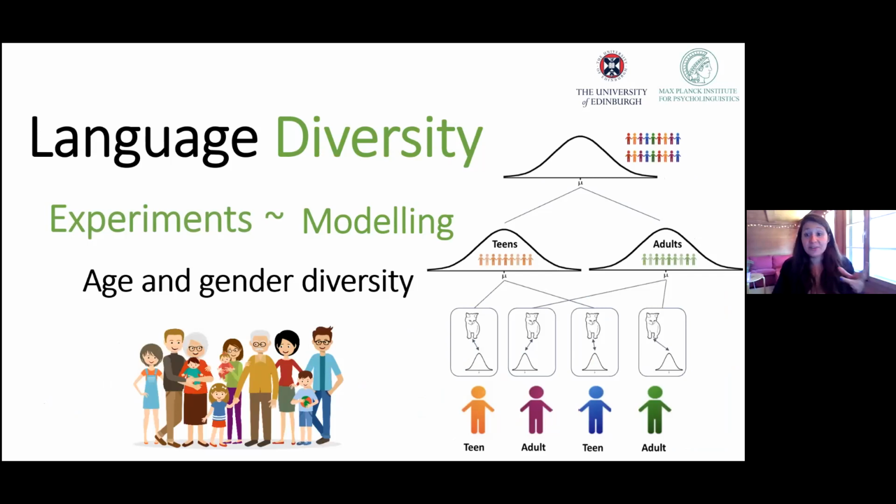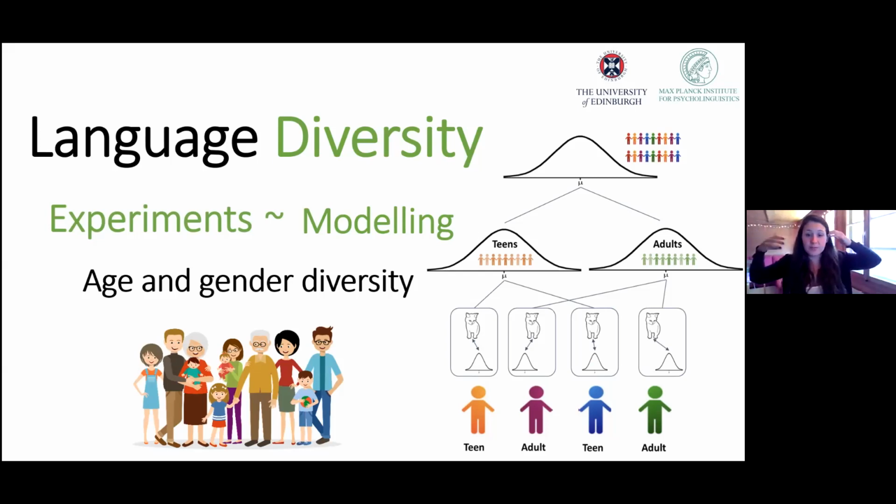Here, the computational model that we're going to use is also going to be hierarchical, but we'll have an additional layer of memory depending on the social features of gender and age. So each agent is going to remember the variants of specific individuals, just like before, but they would also have a mean over a subpopulation. For example, remembering what kind of variants are typically used by teenagers and which are typically used by adults. And of course, they would also have this representation of the entire population, a mean of means, if you want.